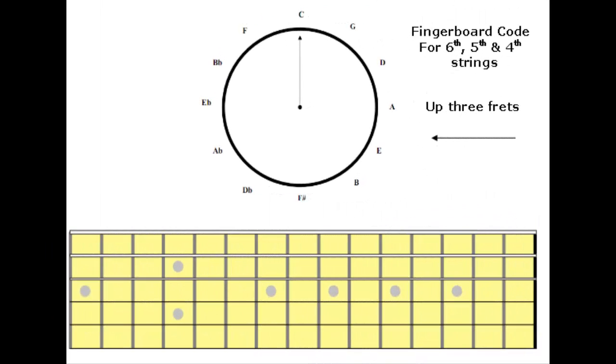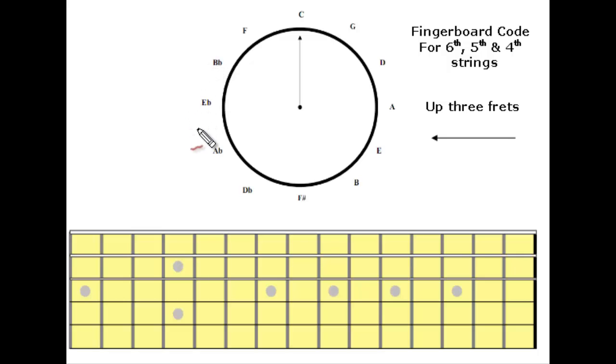Our second fingerboard code involves a way of moving around the circle of fifths in an anti-clockwise direction at the rate of 3 notes at a time. So whereas our fingerboard code number 1 moved in pairs, C to F, B flat to E flat, A flat to D flat, and so on, what we're going to do with our second fingerboard code is locate a C, F and B flat all at the 1 fret position before moving on to the next set of 3 notes,